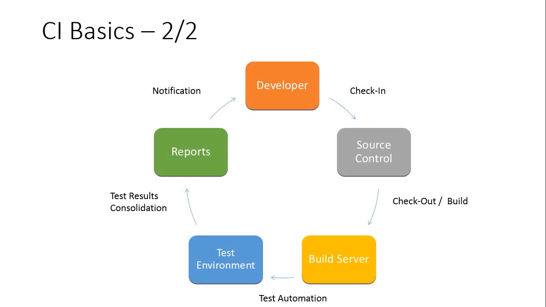and checked in the changes which is available in the source control system. And the build server, which is the CI server, can automatically detect the changes that have been checked into a particular area of the source control. So the CI server can check out the code or the related assemblies from the source control, can build and